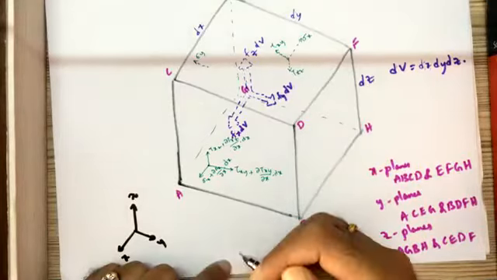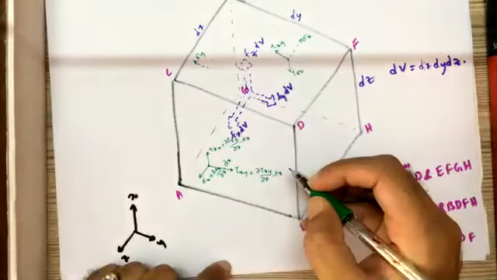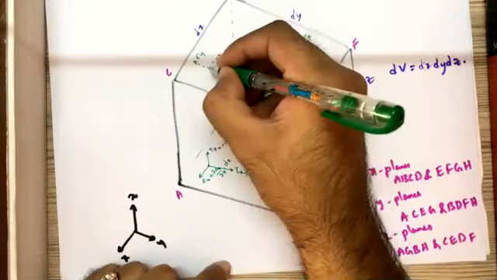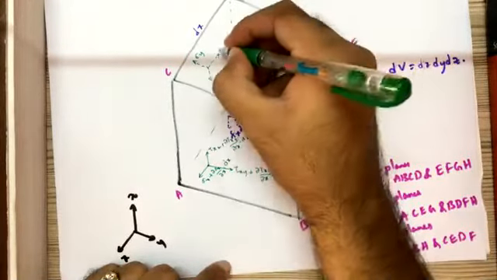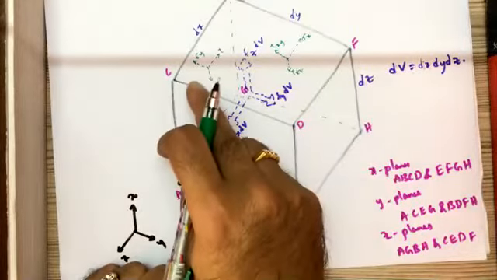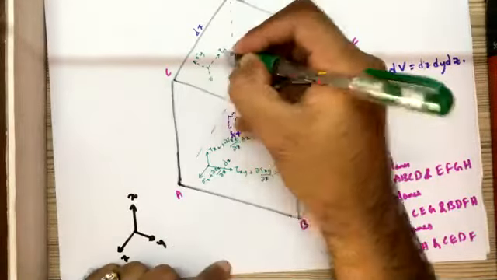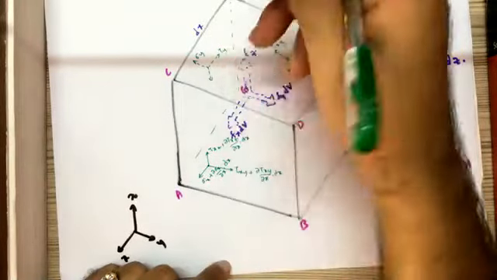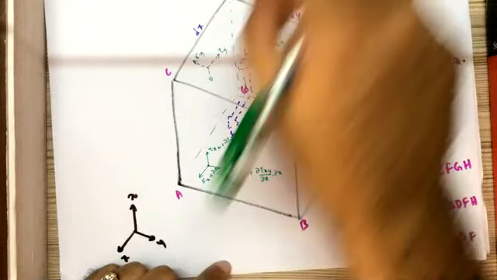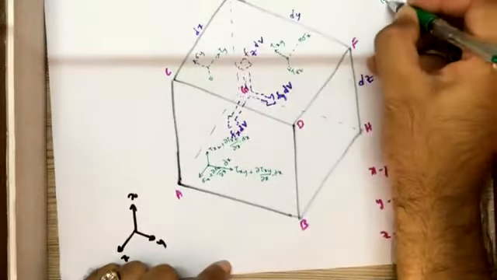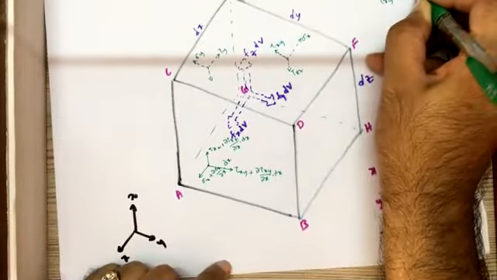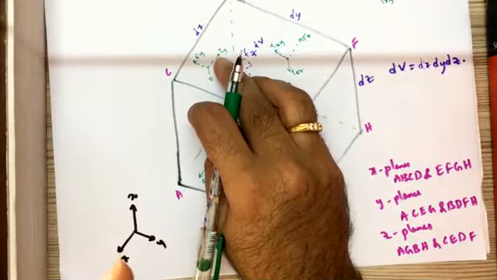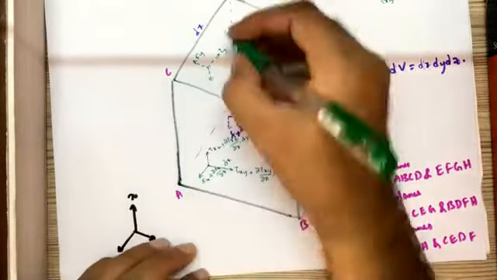What would be the other two directions? In x as well as in z, right? So this would be tau. We are now in y planes, right? So tau y in x direction, shear stress acting on y plane in x direction, negative or positive, it will be x direction. So tau yx, but we know tau xy is equal to tau yx. So instead of writing tau yx, I will directly write tau xy.